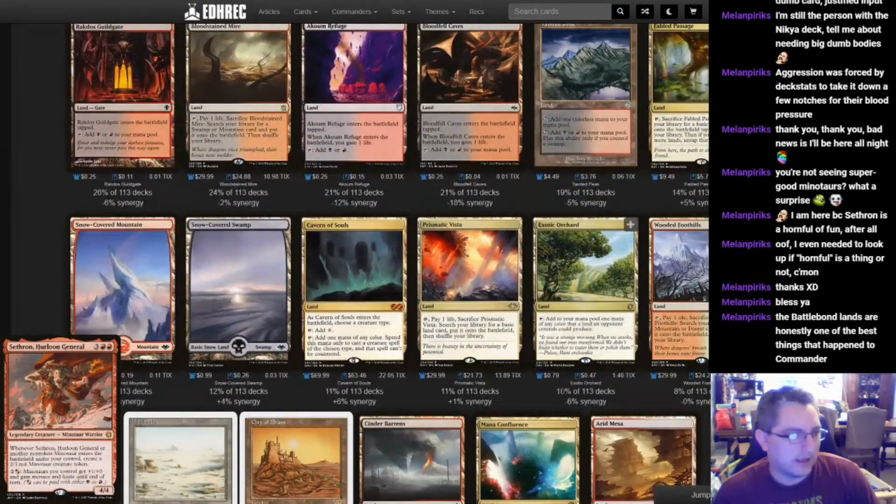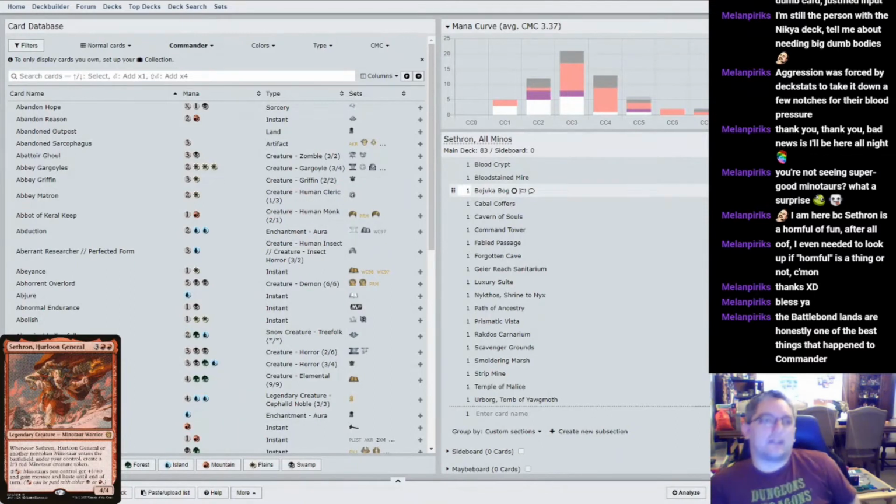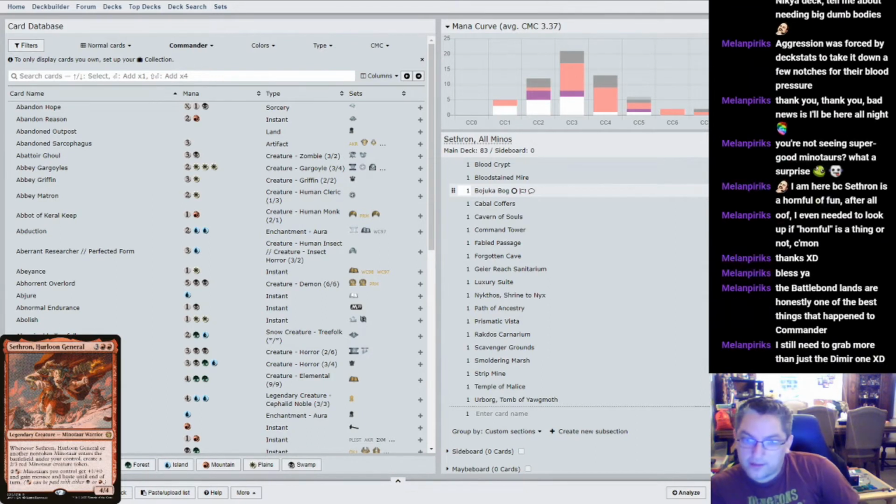I don't think I need any of the other pain lands. Or any of the pain lands. I don't really need the life gain lands. I do almost feel like, so what do we have, like 17 lands? If I put in Field of the Dead, we'll have 16 basics. I kind of feel like that's worth it. 16, so that's...